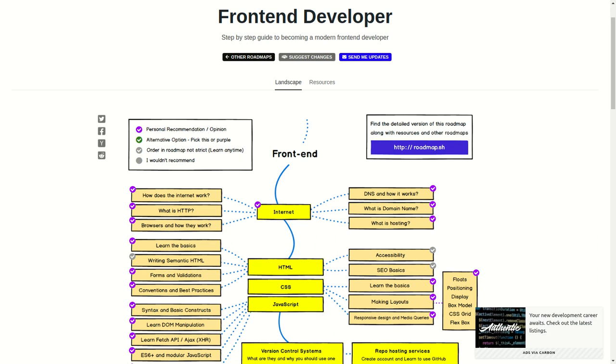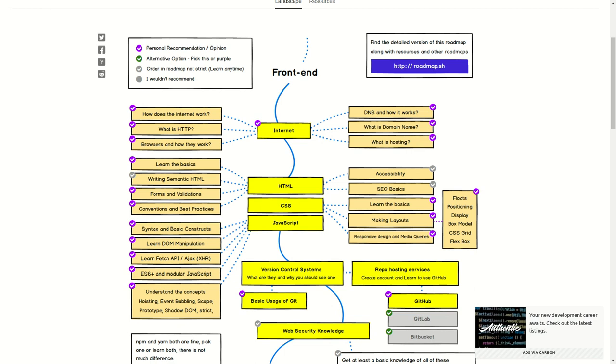internet. Okay, so these are some of the foundation that you need to help you understand your front end. When you come here, we have HTML, CSS and JavaScript. First things first, you learn your HTML, it is very important. You learn the basics. You learn how to write semantics. Okay, so you know how to do forms and validation, conversion and best practices, and also we have SEO basics